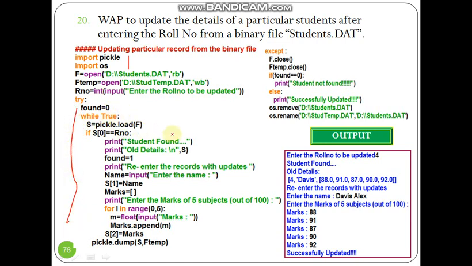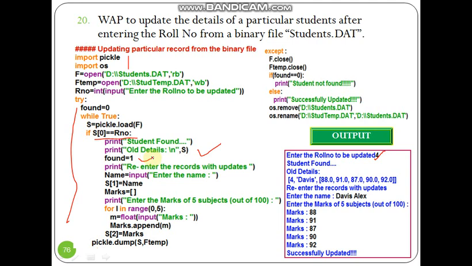The extra thing here is that once the roll number check is satisfied, we are displaying all the student's details. Here I have input roll number 4, and all the details, that is for Davis, and his marks are displayed on the screen, and we are making found as 1.